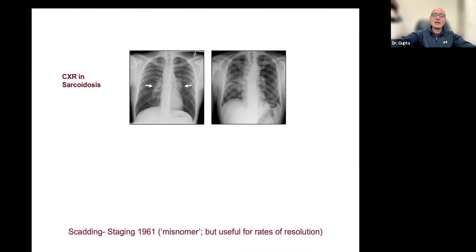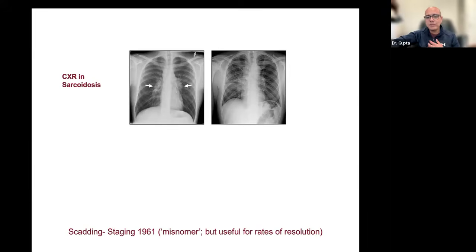The name of staging was coined by Dr. Scadding in 1961. It's not really a staging, so it's not like a stage one has to go through two, three, four. Many times patients present with stage 4 disease, and even then they are sometimes asymptomatic. This is not like a cancer staging. Although with stage 4 disease, the important thing is that when the diseases are more advanced, stage 3 and 4, they don't resolve per se. So you have to understand that the staging can be important for resolution of the disease, but it's not really